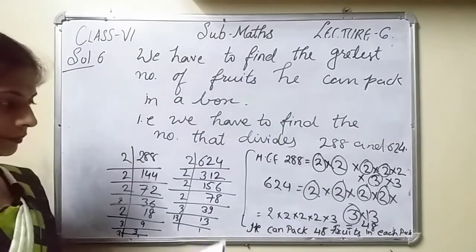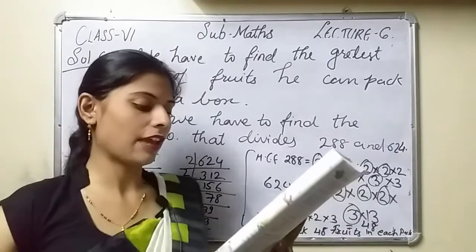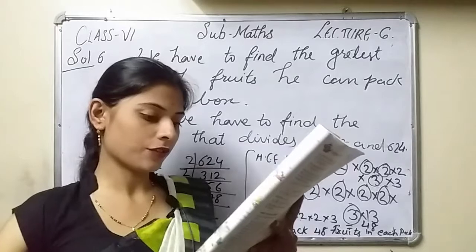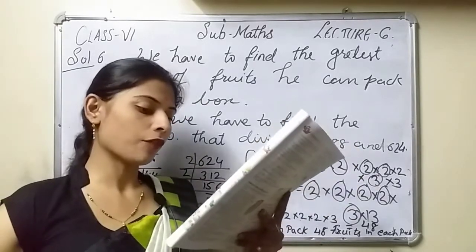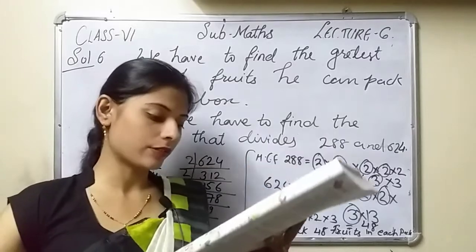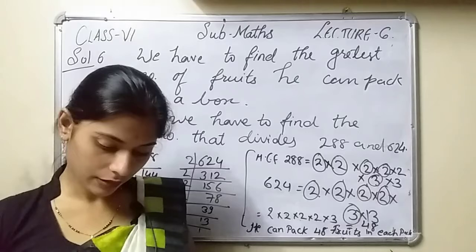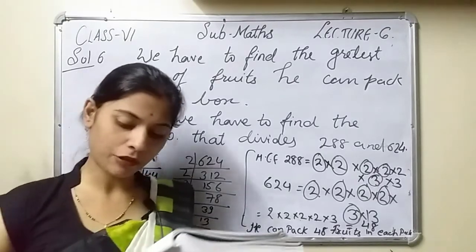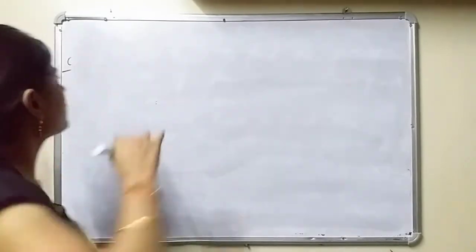Okay. Now see question number 7. Santosh is a physical education teacher. He arranged 3 groups of 140, 91 and 63 students for the march past. If he arranged the same number of students in each row, find the number of students he arranged in each row. So, number 7.